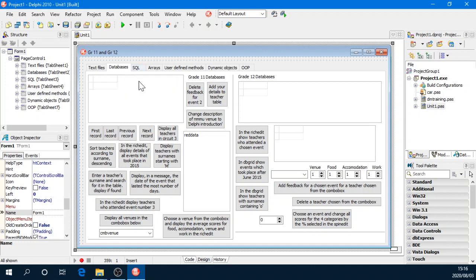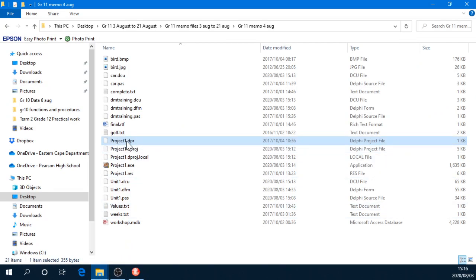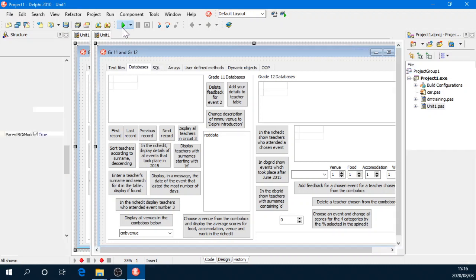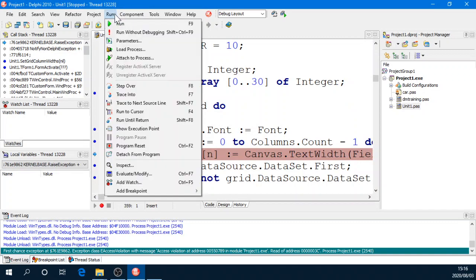I'm focusing on this before I go to arrays, because when you open this program for the first time, you will open the .dpr file, okay? So you need to know this stuff for your PAT and for the databases anyway. So you'll find when you run this program that it will give an error like that. Just click on break and go run program reset,